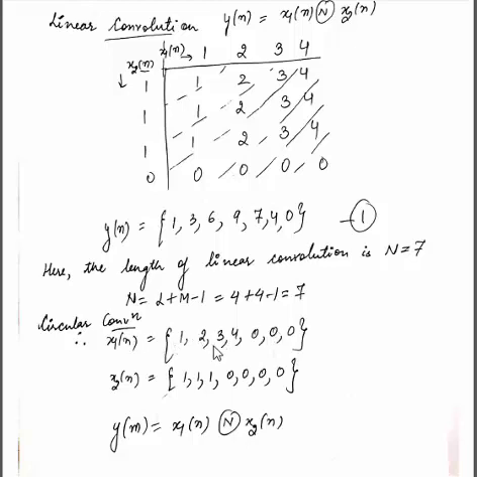So here x1 is 1, 2, 3, 4, 0, 0, 0. Now the length of the sequence is 7, and x2(n) is 1, 1, 1, 0, 0, 0, 0. Again the length of the sequence is 7. That means x1(n) and x2(n) contain 7 samples. So we make the lengths of x1(n) and x2(n) equal to 7 by zero padding. Now we will perform circular convolution